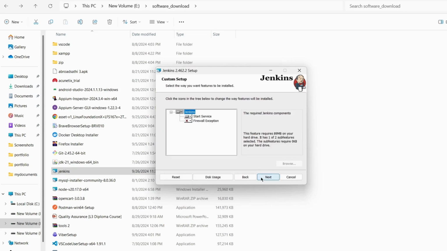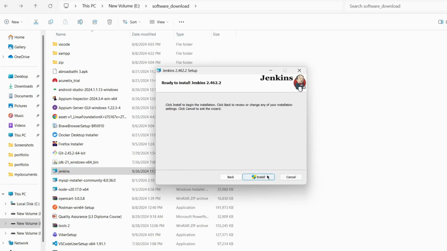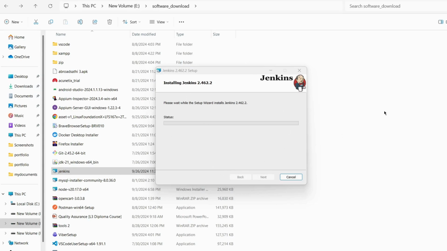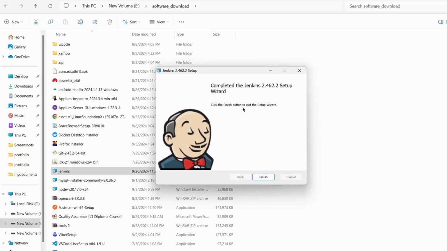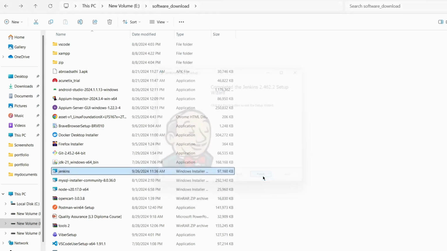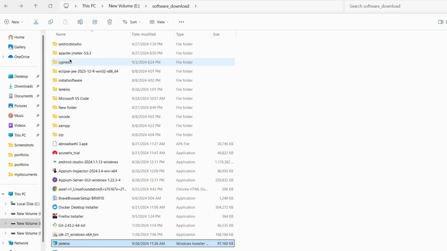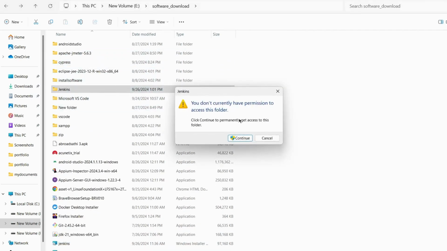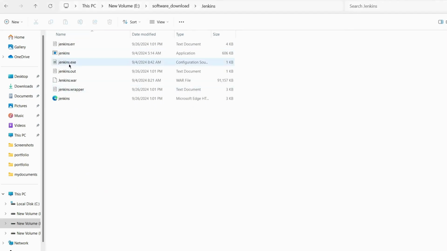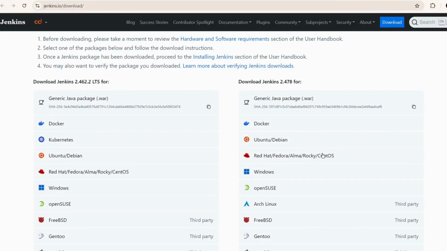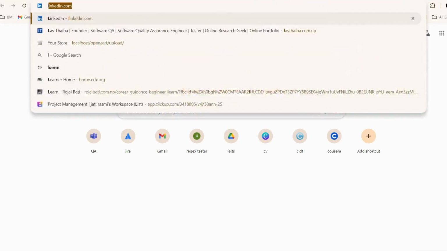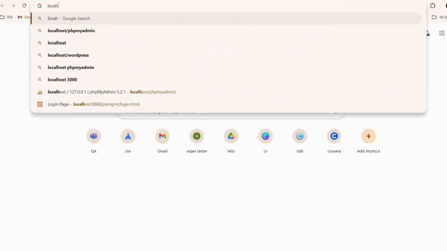Now click on next. Again we will click on next, then install. For this dialog we will simply click yes. Now our Jenkins installation is finished. You can see here in our Jenkins folder that Jenkins is installed. Now open our browser, then type localhost